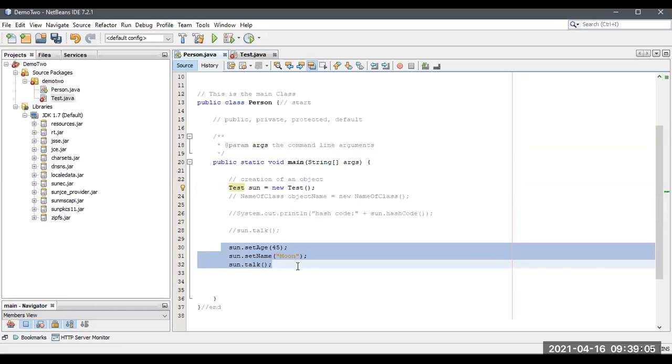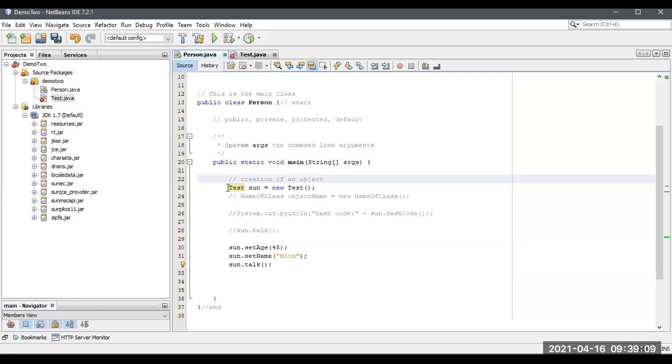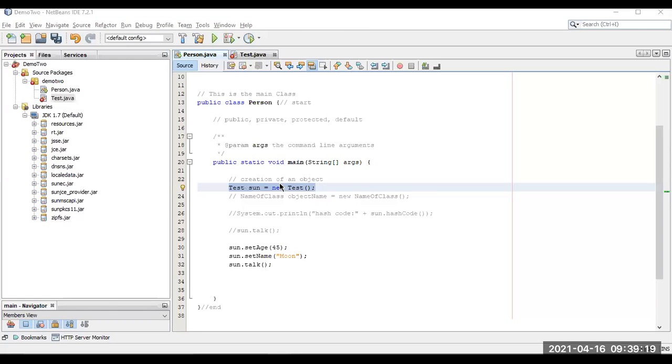Here I would need to call each and every method, but with a constructor there is no need to call each and everything. We can directly create an object so that we can access all the values inside the constructor. Let me explain. What is the use of that?